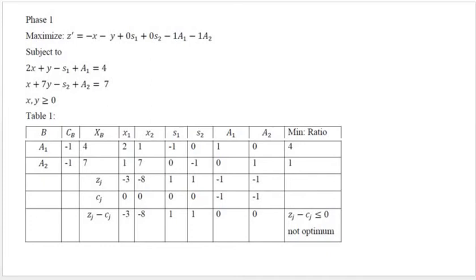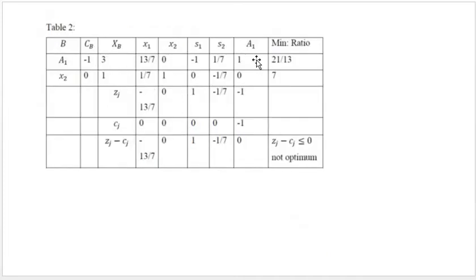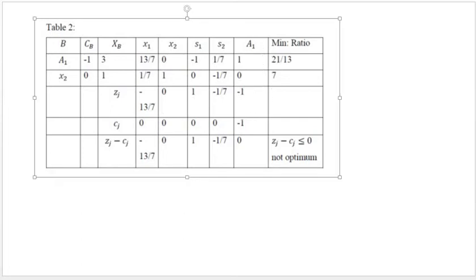Construct a new table. If an artificial variable is departing from the table, there is no need to consider that artificial variable in the next simplex table. So we can delete the column corresponding to the departing variable if it is an artificial variable in the next simplex table. So we can delete the column corresponding to a2 in table 2, and the new variable is x2, its cost is 0, and apply the simplex algorithm again.